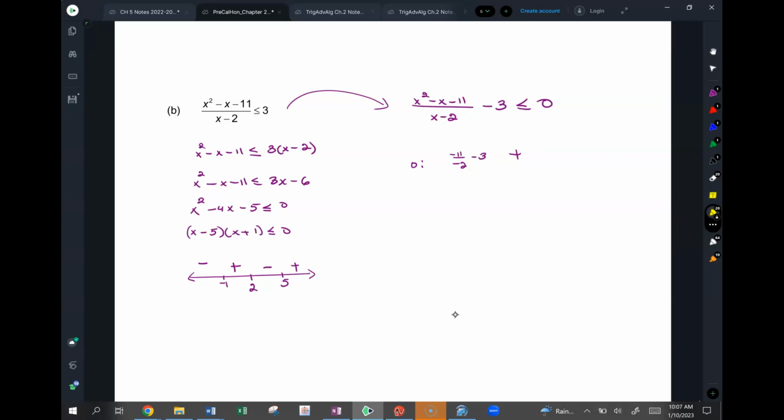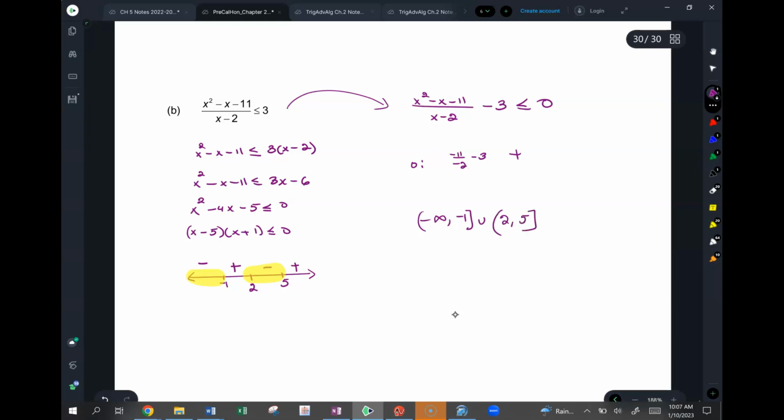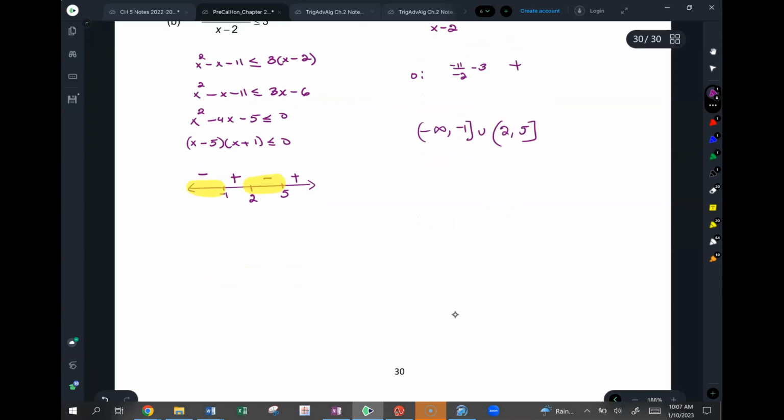Yeah. Okay. So what region are we taking? Less than 0. Oh, less than or equal to 0. So here to here. All right. So what do we say? What's the answer? Do I include negative 1? Yes. And? Correct. All right. That's it. That's the answer. Okay? That's the lesson. Okay. So